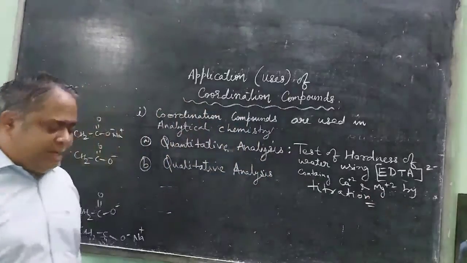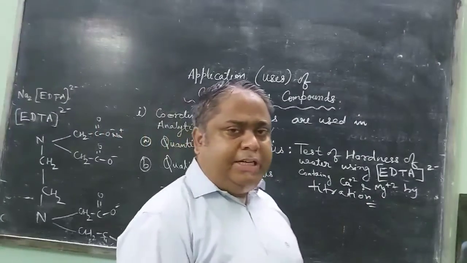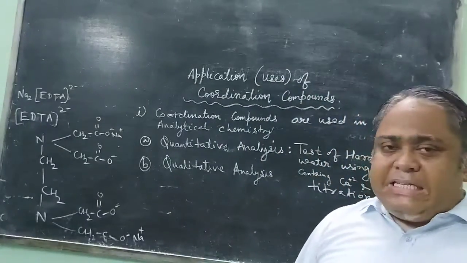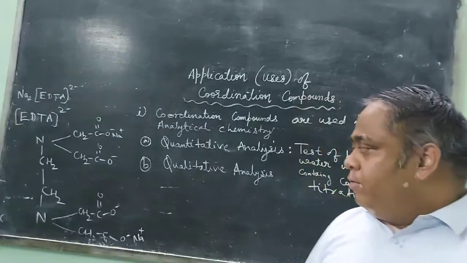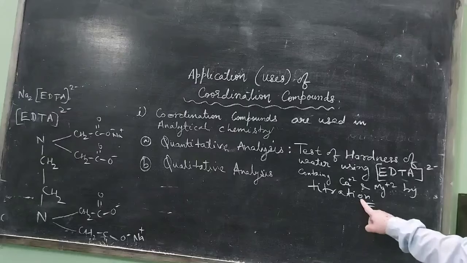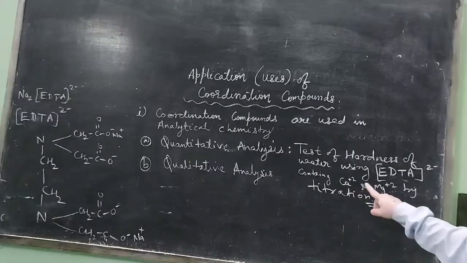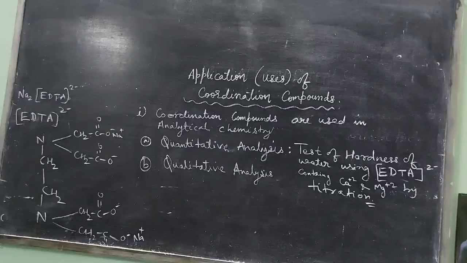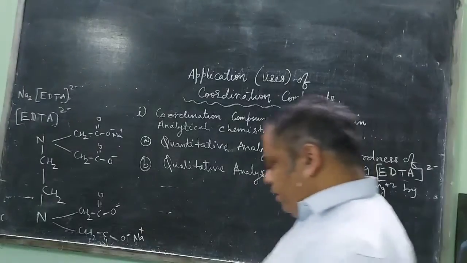We do titration with EDTA using Eriochrome T black indicator, or xylenol orange indicator. So these two indicators can be used to test the presence of calcium and magnesium ion. Not only the test, but the quantity of calcium and magnesium ion present can be found by titrating it with EDTA solution. This titration is not there in our syllabus. Alright. So we can do it as a project. Maybe we will do it.